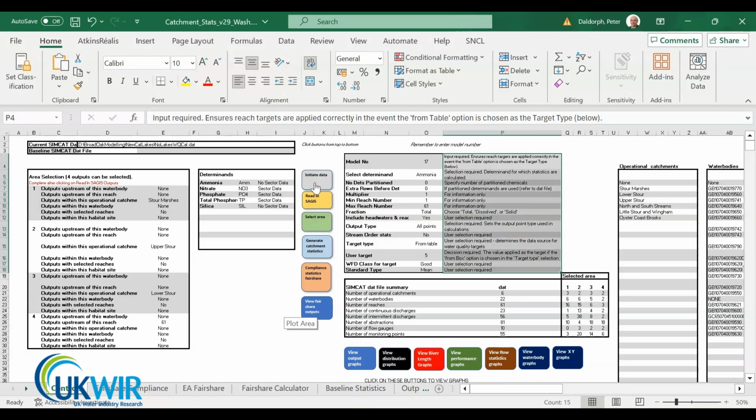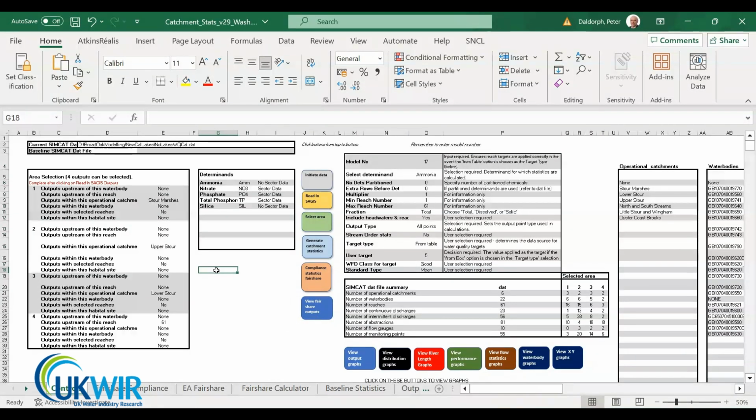After this, we click on the Initiate Data button. This reads information from the DAT file and then reads in SAGIS. This reads in the outputs from the SIMCAT model run. We now select the areas or catchments in the model for which we wish to extract data from the SIMCAT outputs. These are specified in the area selection box. We can select up to 4 areas,